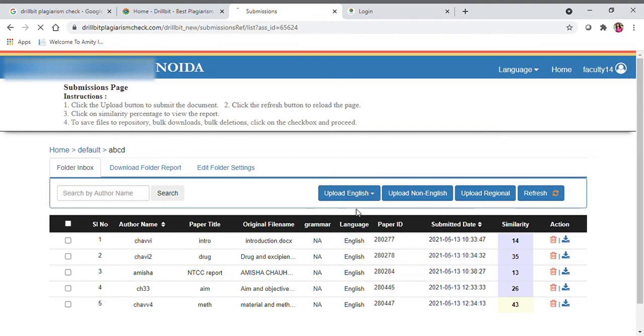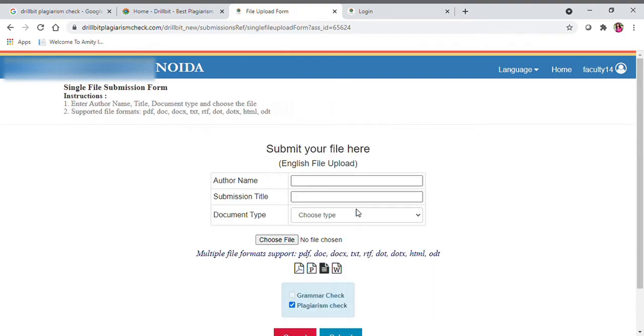When I press single file, another window will appear like this. Simply you have to give any name. Anything you can just put.